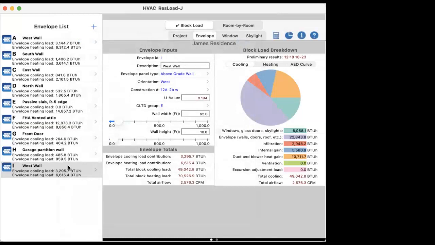Oh yeah, another thing, a lot of people call us and say, how do you delete something? Well, all you need to do is swipe, and you see the little delete button. There you go. All right, so you select the wall on the left, and then on the right are your